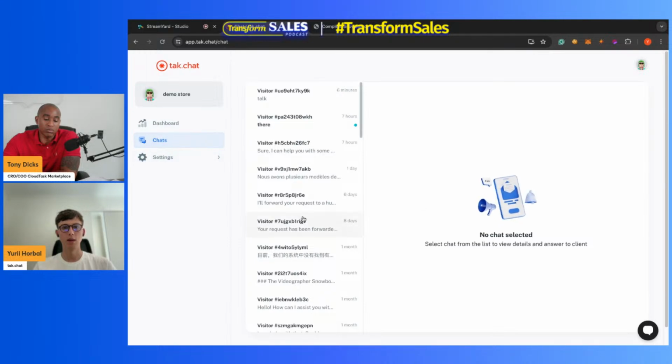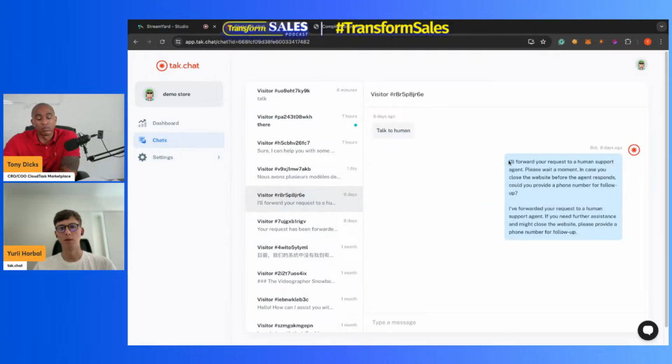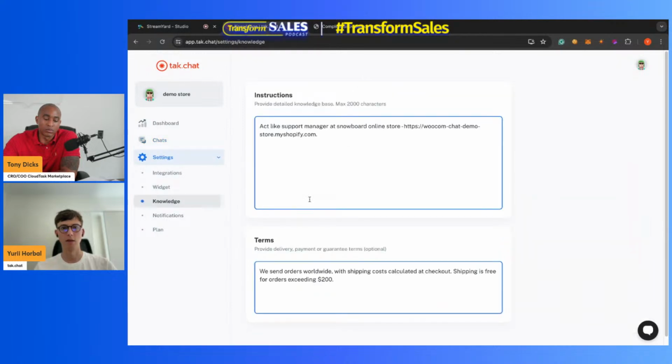If you didn't like some of the responses, you can set don't use this form or use a more friendly way of communication. So anything, like you can change your voice of conversation and how it should start or end the message. Anything. All there in the instructions section. Got it. Okay. Cool.